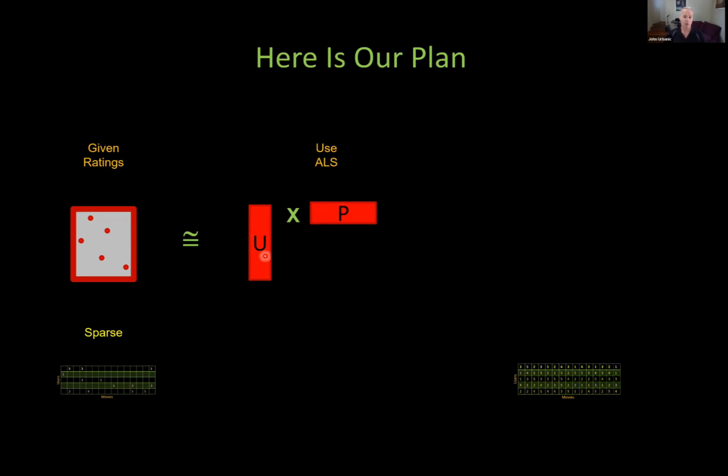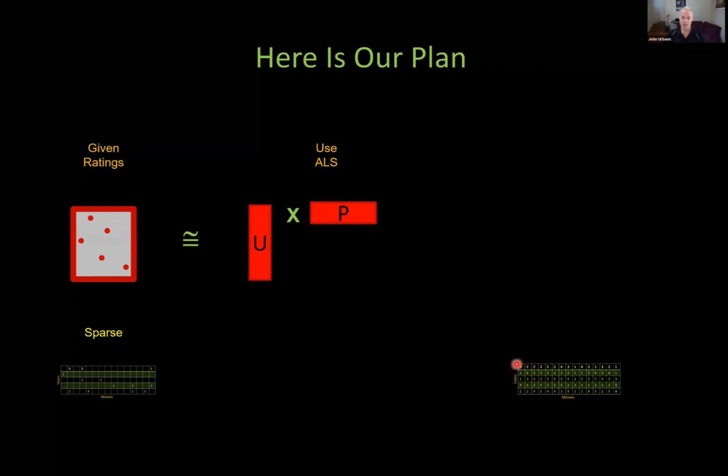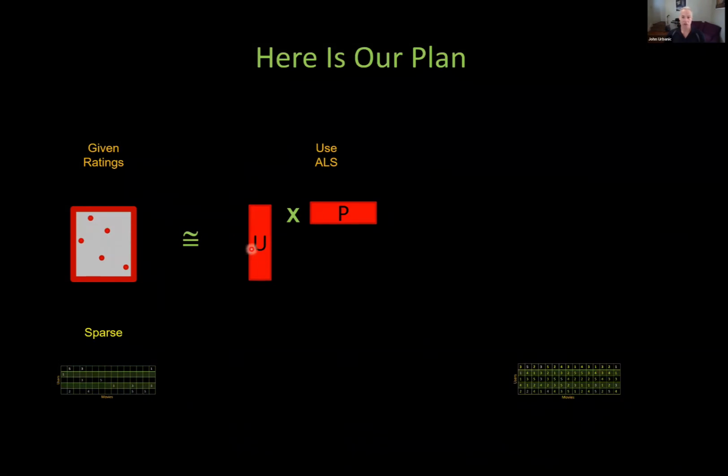So keeping them around in memory. Once we've solved this problem, we've got great U and P matrices. We never have to keep any large matrix around in reality. We can pretend we have this large filled in dense matrix. But all we actually have sitting around behind the scenes is a smaller U and P matrix.